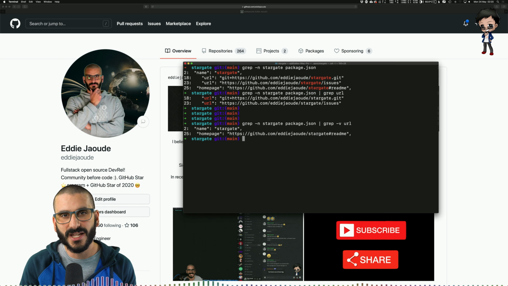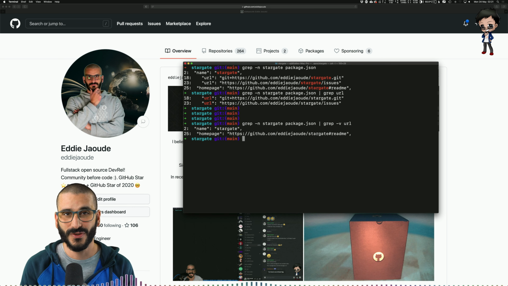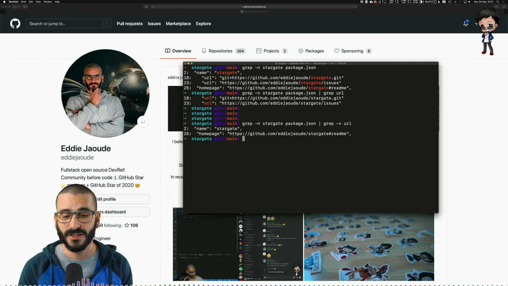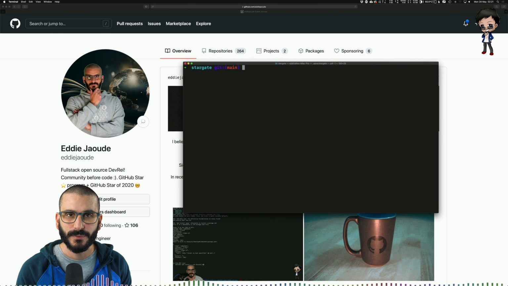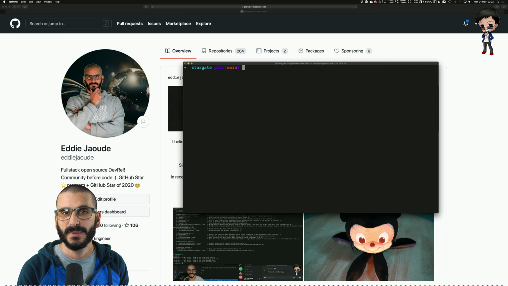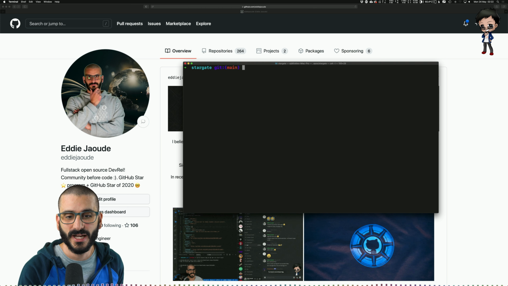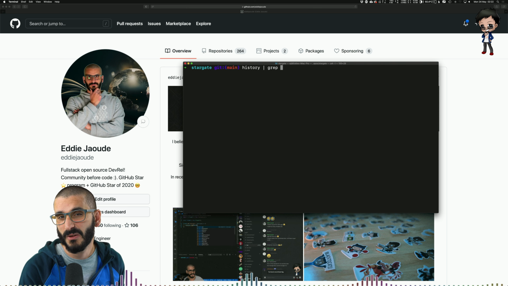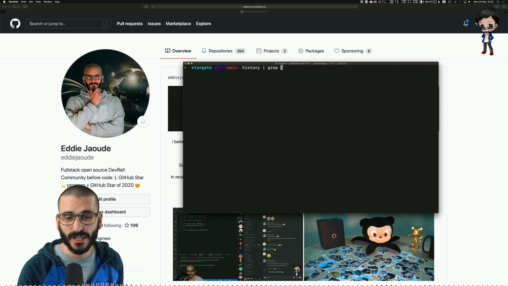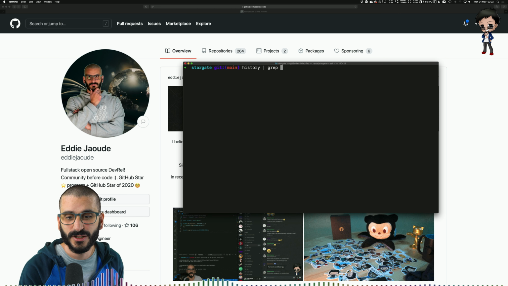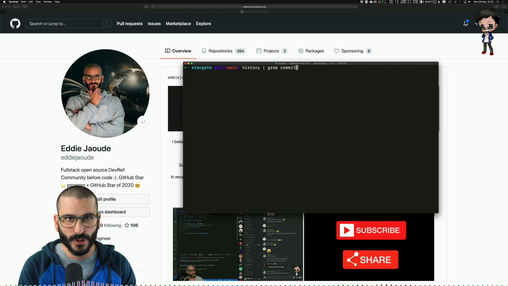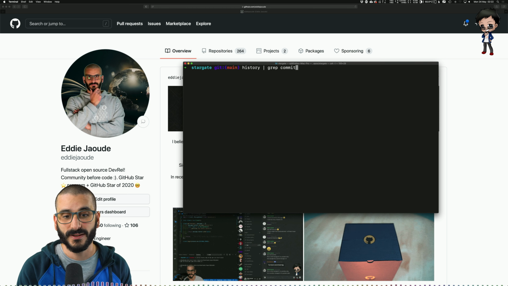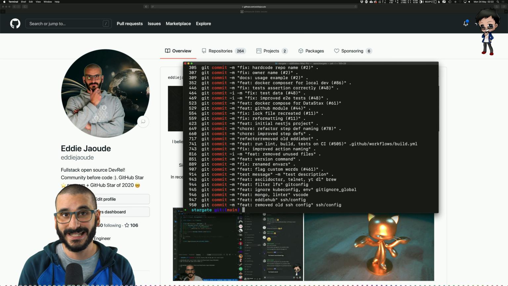And you can also chain another grep command if you want to. There's no limit to how many you can do. Another example where I pipe to grep commands is using the history. So that history brings out a lot of results. Say I wanted to find a specific command, like a commit command. I could go history, pipe it with grep, and I want to use git commit. That's the one I'm looking for. So I could just say commit, because git would be too many. It would have my push, it would have all other commands, but commit is quite specific. So now I'm going to grep it with commit, and now you can see I get all my git commit